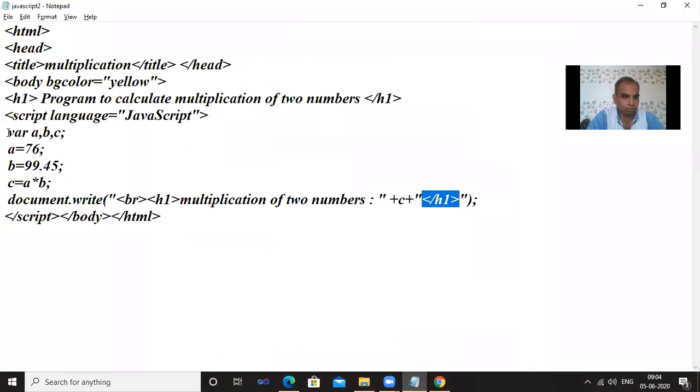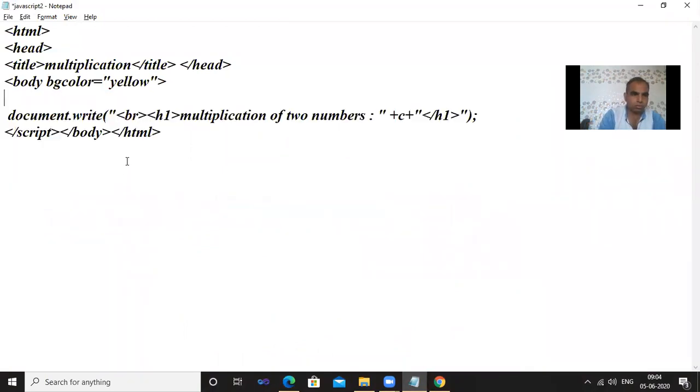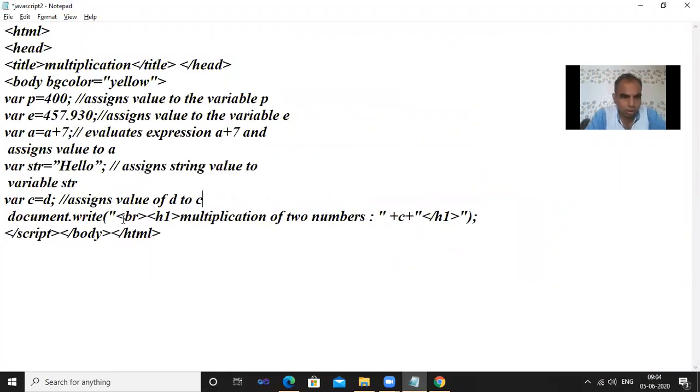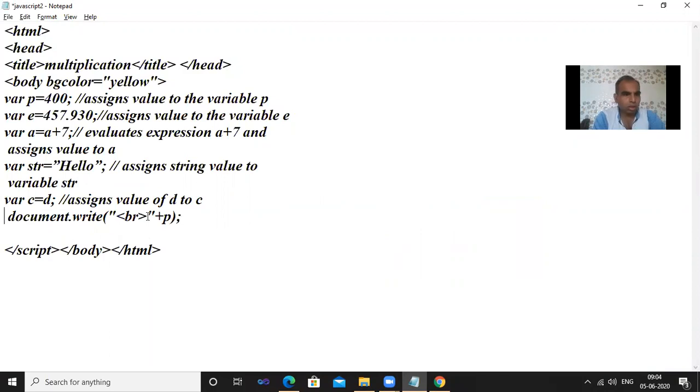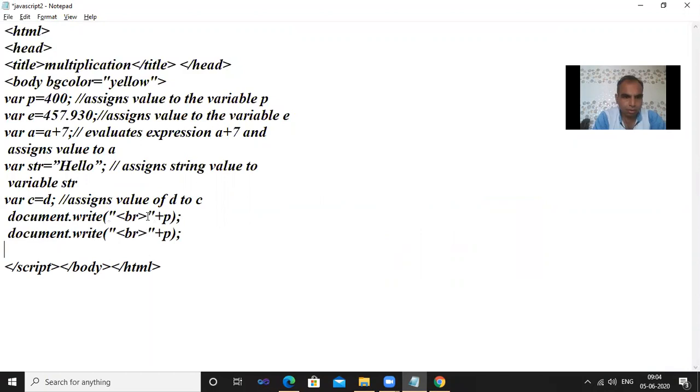See now, I am displaying p. After that I am displaying e. First we assign the value p is equal to 400, and it will display using plus p.